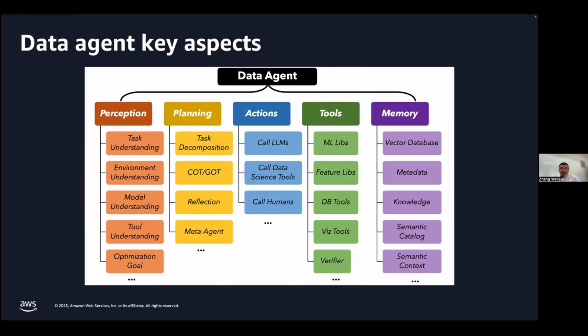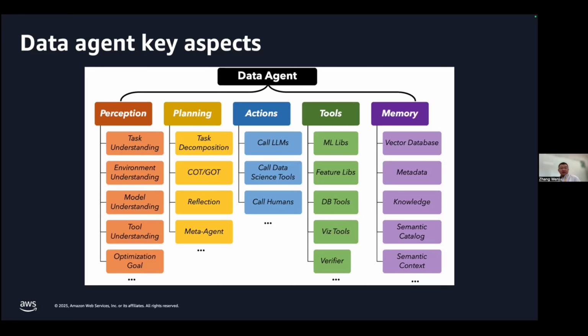In terms of agentic AI for the data agent, we also have 5 aspects, just like this diagram. So from perception, which is quite important, the agent can perceive the environment and get information from the environment, and then planning to do task decomposition, reflection and reasoning.